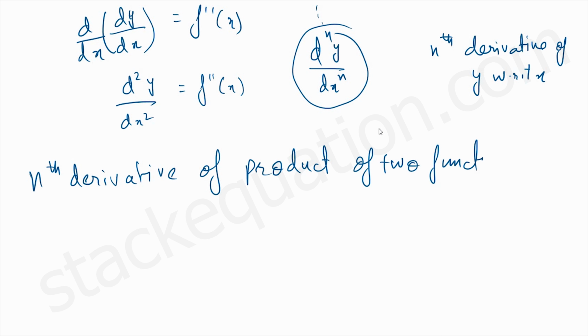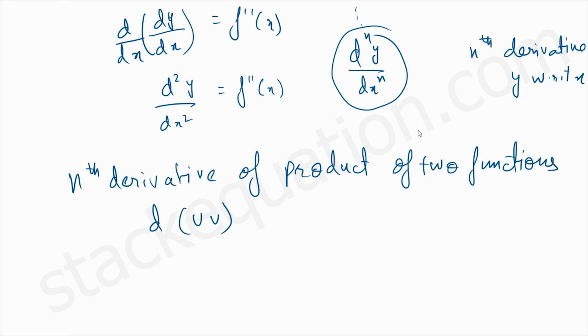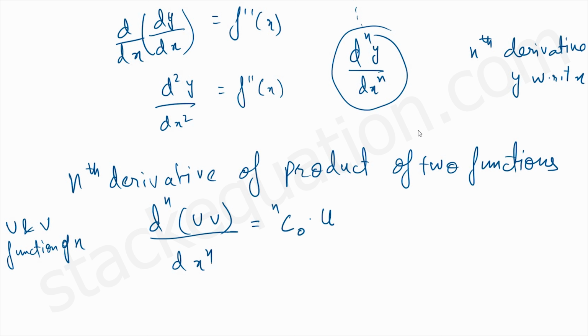So if I have u and v, both are functions of x, and I want to find the nth derivative of a product of u and v with respect to x, then by Leibniz theorem it is nC0 into nth derivative of u into v plus nC1 into n minus 1